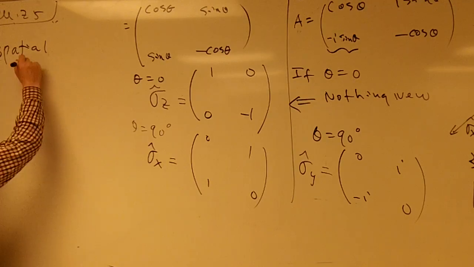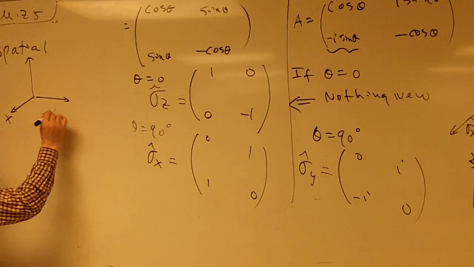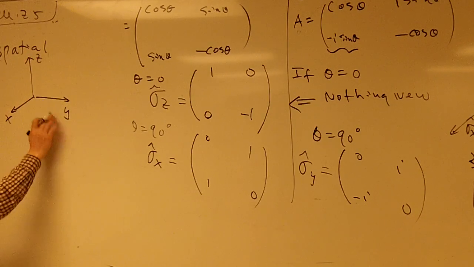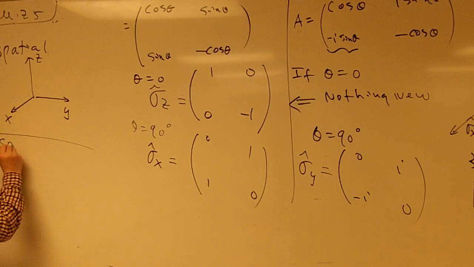For the spatial part, these 3 axes can be set perpendicular to each other. So in other words, x, y, z, they can be perpendicular. So there is no overlap. In principle, you can do it like this. But now the spin space,